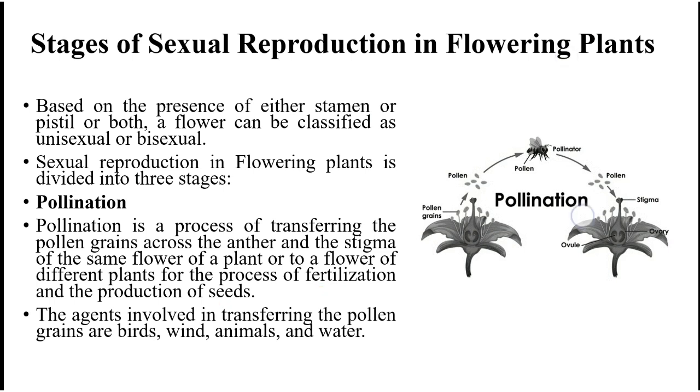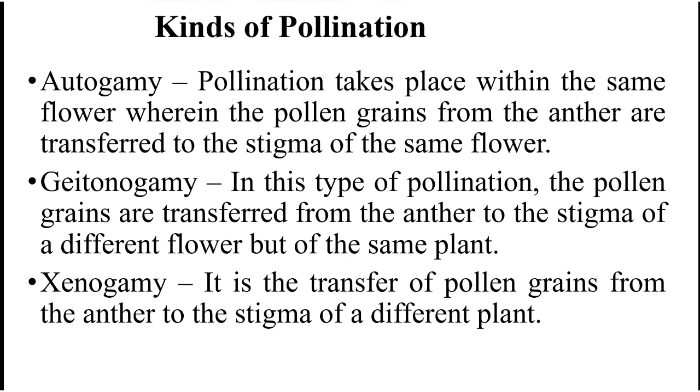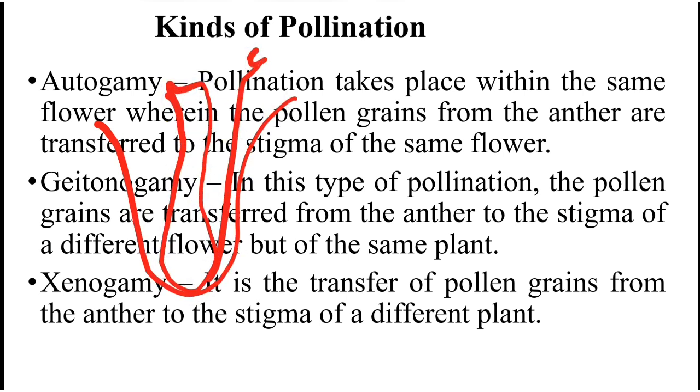Next, kinds of pollination. Autogamy. Pollination takes place within the same flower, wherein the pollen grains from the anther are transferred to the stigma of that same flower. It will occur in a single flower, from the male reproductive part to the female reproductive part of that one flower. Suppose it is a flower, this is the female reproductive part, this is the male reproductive part, so transfer will occur from this to this. This is the case of autogamy,